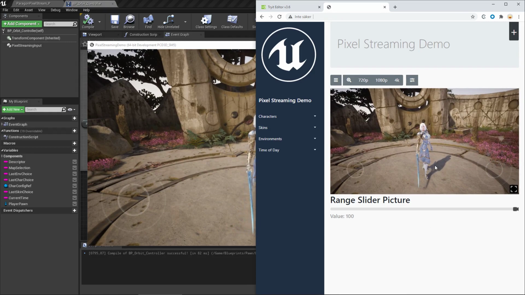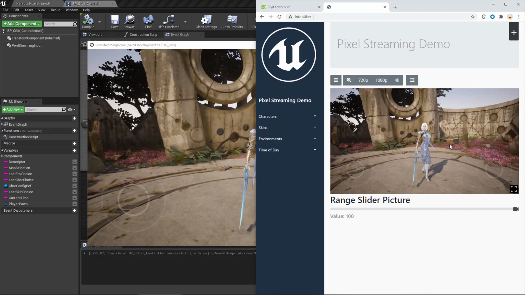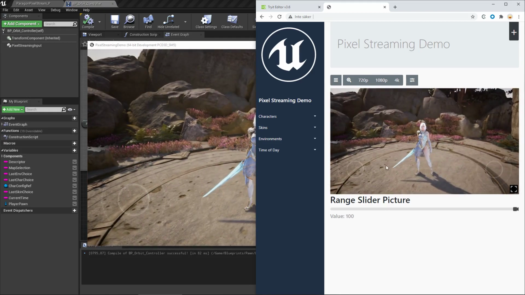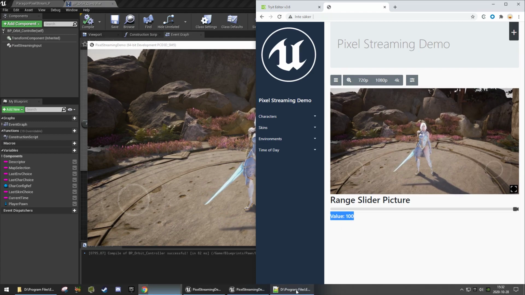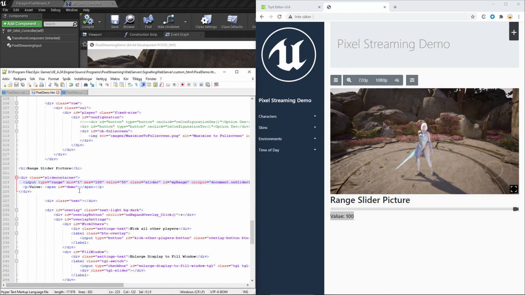Now there are a few ways of changing this, and I would say that the easiest way is really just changing the value in the HTML file. So if we open that up again, in here you'll notice that it has a min of 1 and a max of 100.